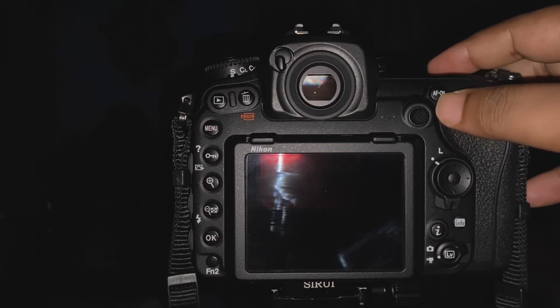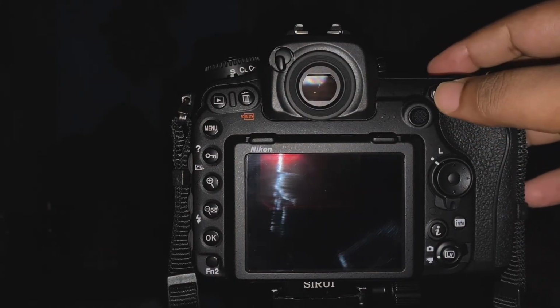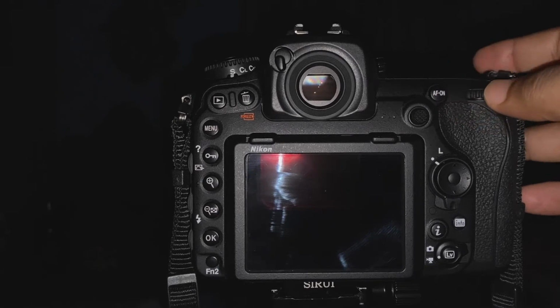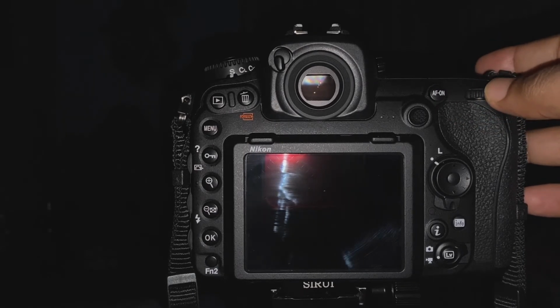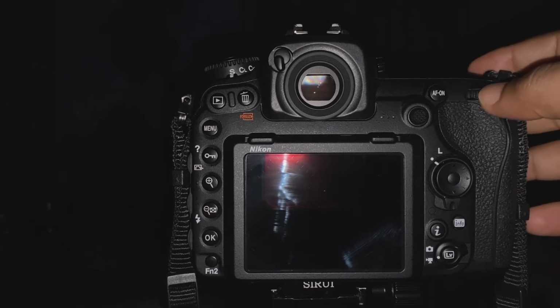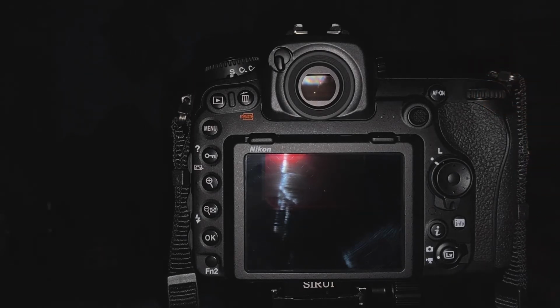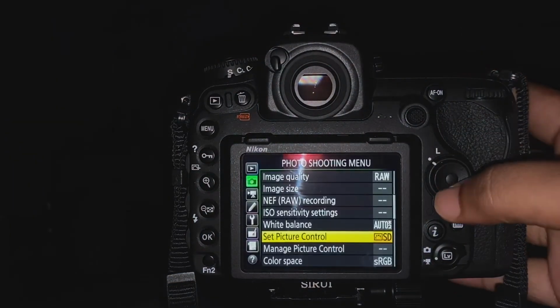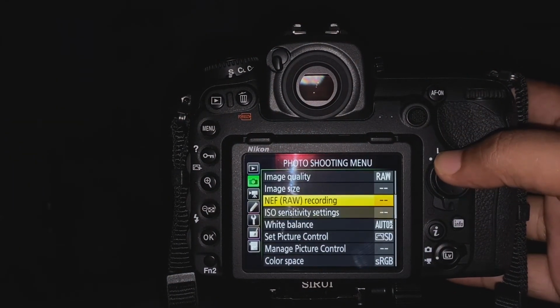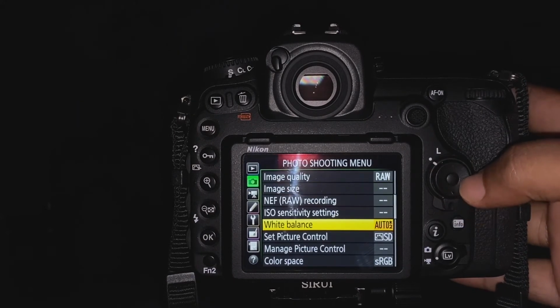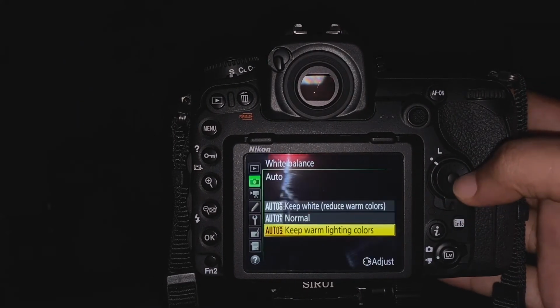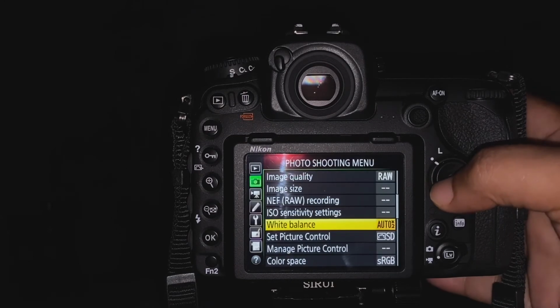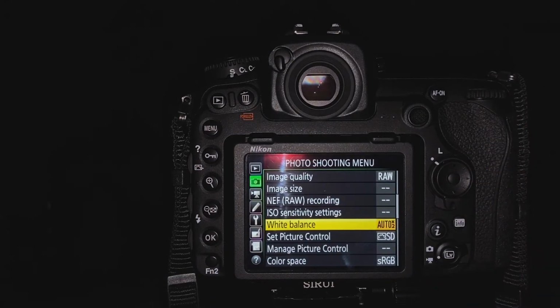Near to that there is an autofocus button, and here is the main command dial, mostly used to change shutter speed and to see previous and next images quickly. Below that there is a multi-selector. By pressing this multi-selector you can navigate to either top of the menu or bottom of the menu, or if you want to go inside the menu, or go back to the main menu. By selecting this multi-selector you can do all these things.